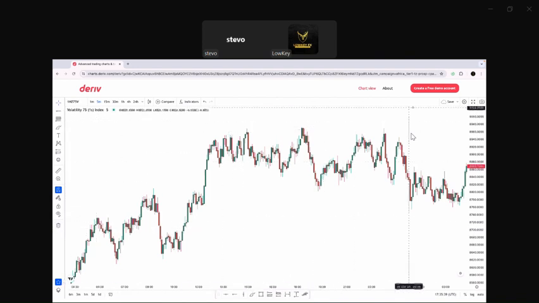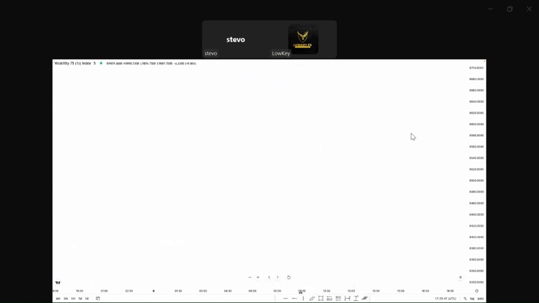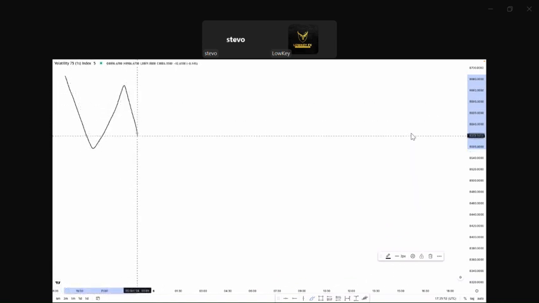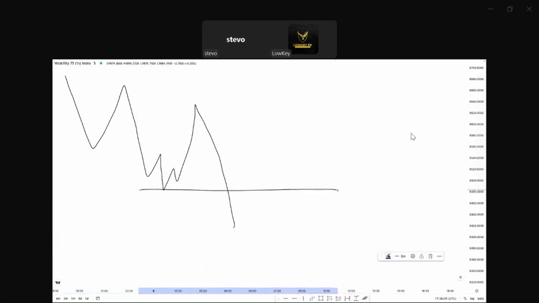So lastly, we have our last structure for today. It's called the hidden invalidation. So let's say we have this downtrend right here. The easiest way to spot the hidden invalidation is to first look for the break and retest structure. So this is our break and retest structure. After finding the break and retest structure, you check out structures that are above it. So, for example, right here on our right, we have this structure right here, and